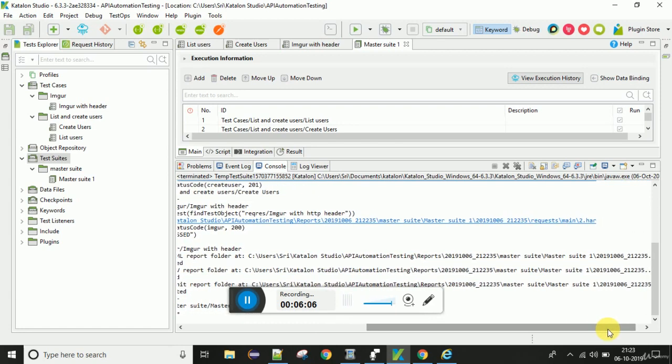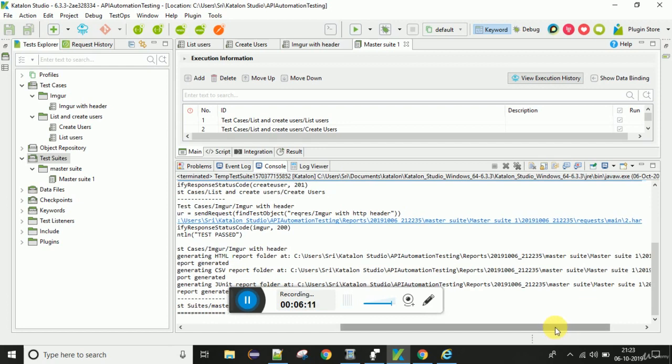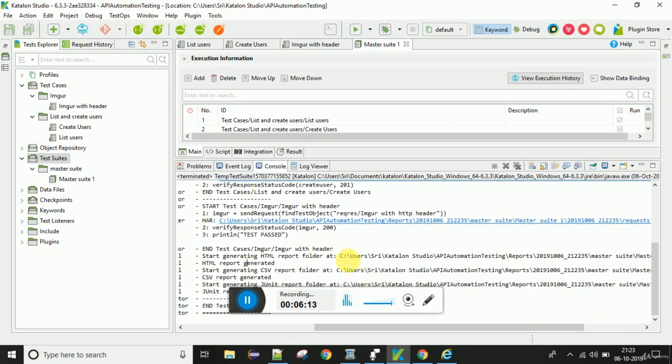This is the location of the reports created, and let us go to this location.